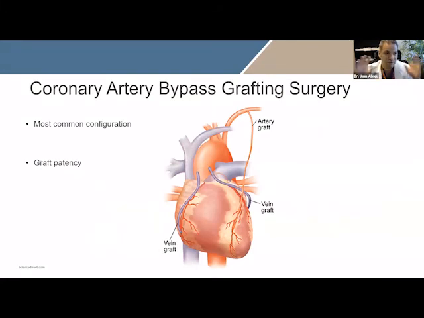The most common configuration for us is going to be 3-vessel bypass. That is 60% of the patients. You will get one artery from your chest wall down to the main one in front of your heart, and 2 veins, one to the left side, one to the right side. This is the most common configuration. And we know from studies that this will last a long time. If you do a study 10 years after the surgery, on average, about 80% of the patients will have the vein still good, and 90% will be still good here. And this one we know it's going to be good even 10, 20 years out, all right?